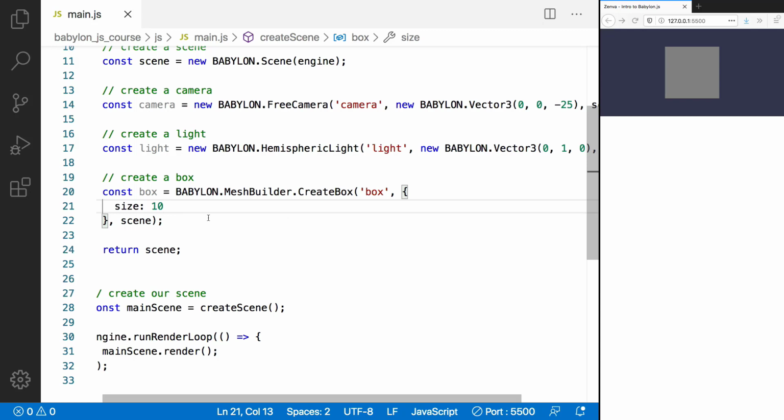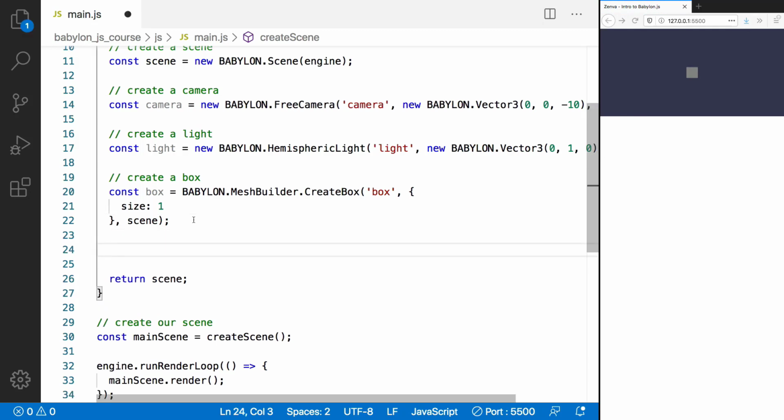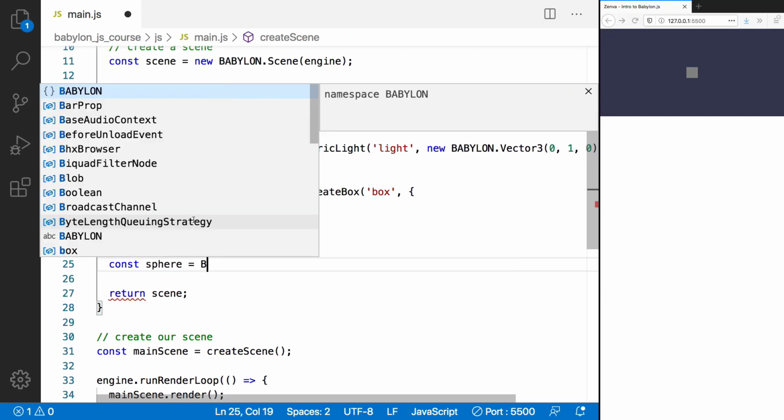All right, so what I'm going to do is go ahead and set this back to 1, and move my camera a little bit closer, and we'll just do -10. Perfect. So next, we're going to look at creating a sphere. So we're going to do const sphere, and we'll set equal to